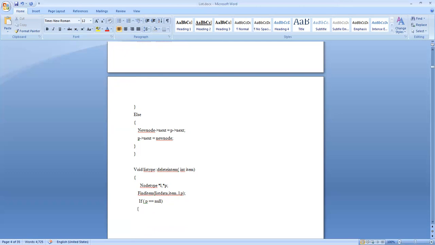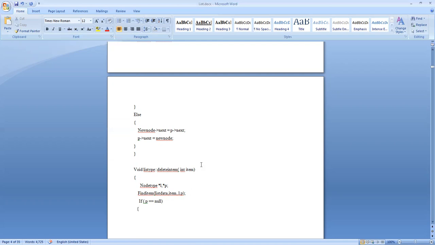So after deleting that first value, my list data should move to the next one. So whether it is a single element or multiple elements, after finding this item, location will be pointing to this item. This L will be pointing to the node having this item. So what I will do, I'm going to delete the node pointed by L.